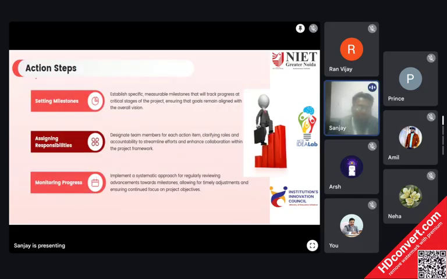Okay, now we will talk about the action step. After the feasibility and impact analysis, we have to set our milestones, assign responsibility, and monitor the process. This is the simple way we can solve the problem and get the best